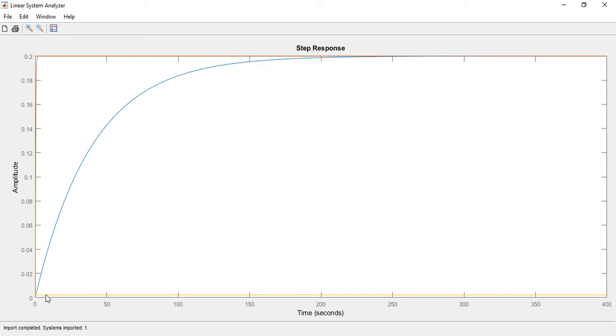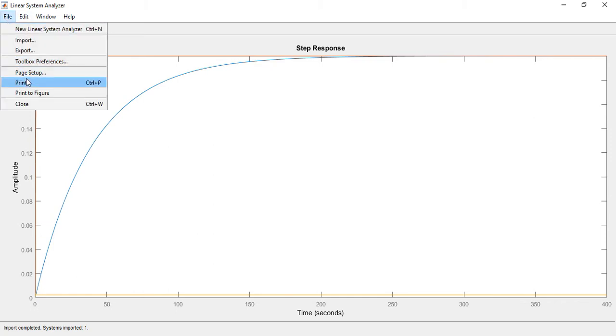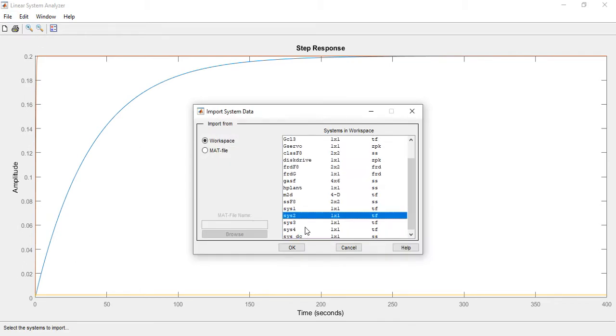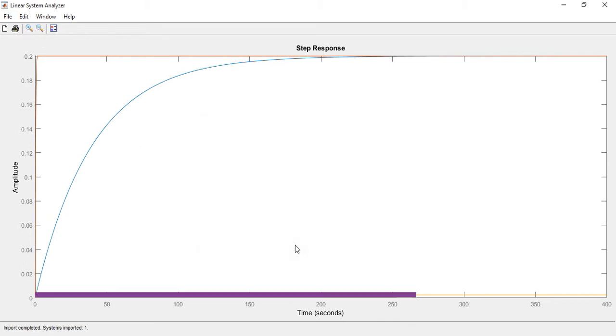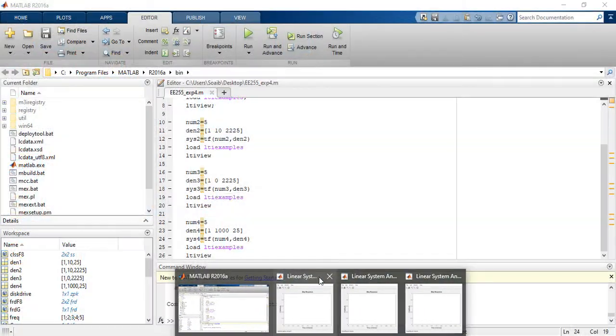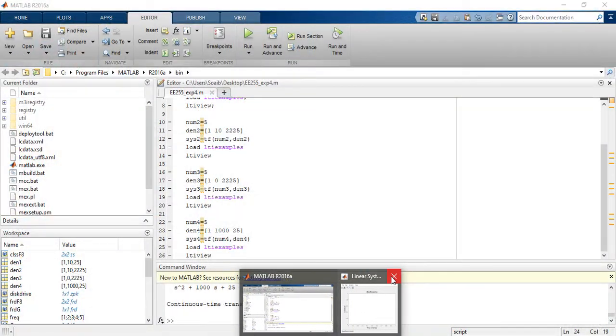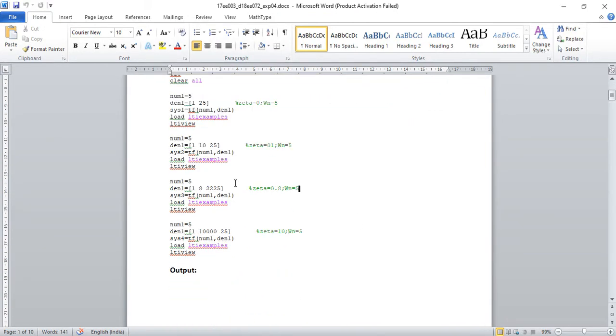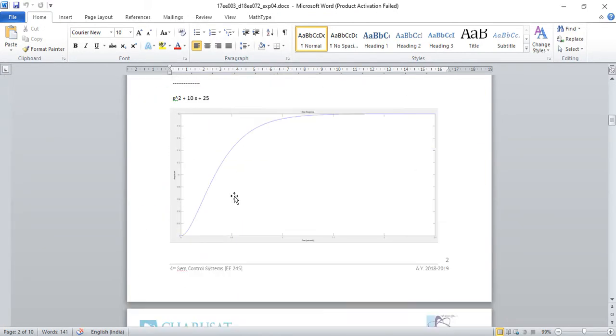Okay, so it will be coming like over here. Okay, similarly system number 3 will be giving output like this. Okay, for the different values of zeta you will be having different values of output. Okay, so this output you have seen with the help of MATLAB programming. Okay, so these are nothing but the various values of zeta and their outputs.